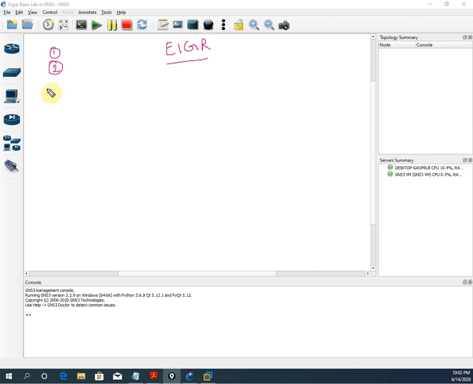The metric is computed with bandwidth. Let me write here, in EIGRP we will have the metric. We already discussed the detail in the Packet Tracer series. If you watch, you will have the idea, but I will just give you an overview, then we will start the lab. Anyhow, we are going to discuss it in detail in our CCNP series, because in our CCNP syllabus we have EIGRP, whereas in CCNA we don't have EIGRP. But it is good to know because in interviews they ask about EIGRP also.